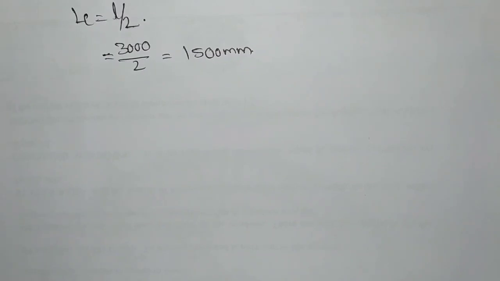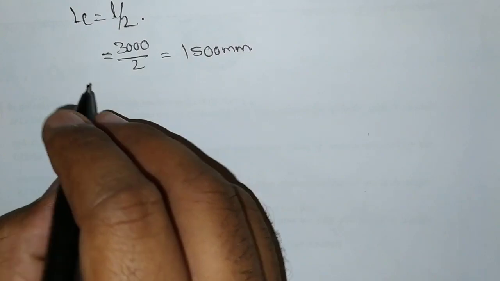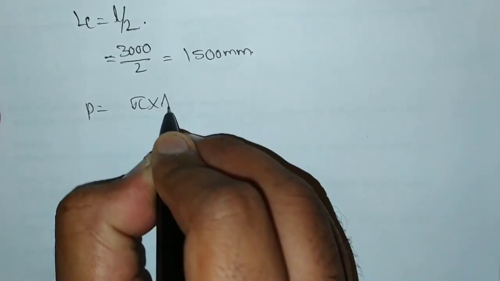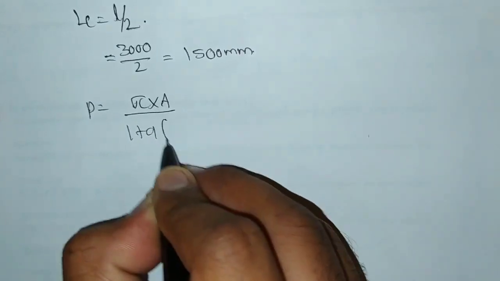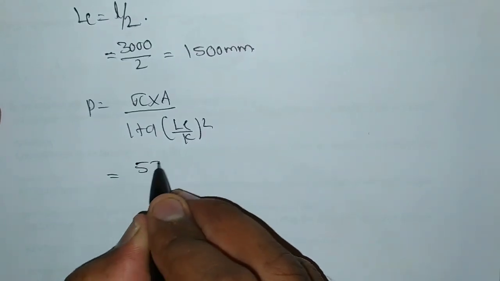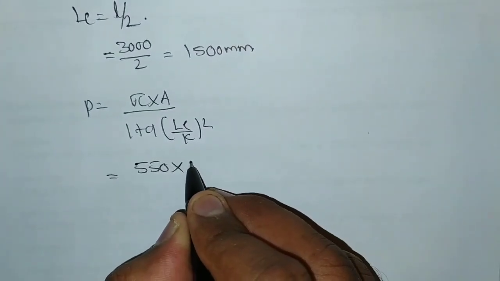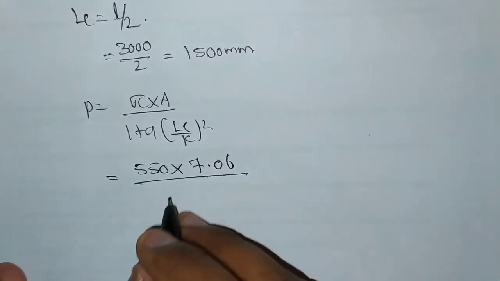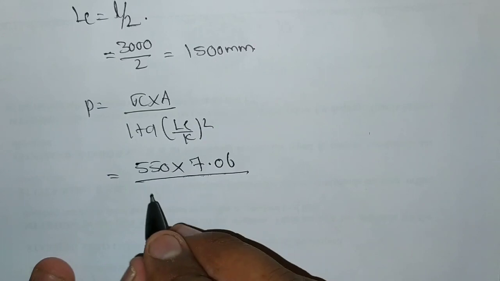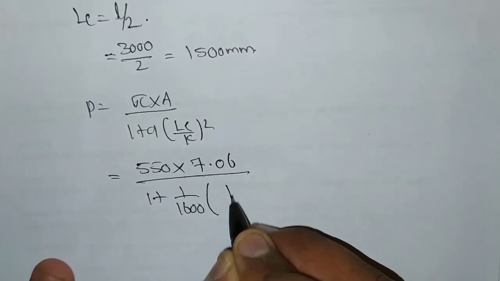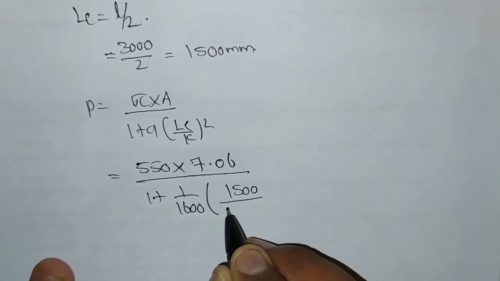So now directly we are going to substitute them in the equation and find out the values. From this, the value of P is equal to sigma C into A divided by 1 plus A of Le by k whole square. Sigma C is equal to 550, that is given in the problem. The area we have found out is 7.06 centimeters squared, divided by 1 plus A value, which is 1 by 1600, of 1500 divided by